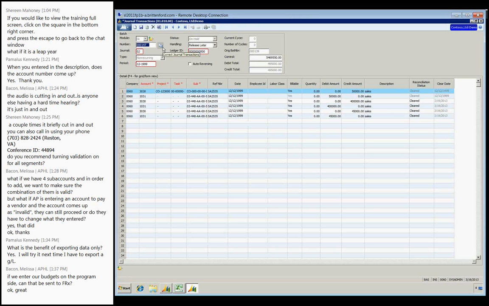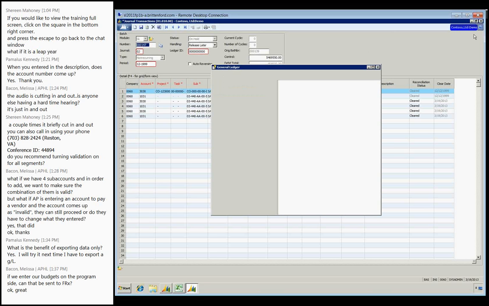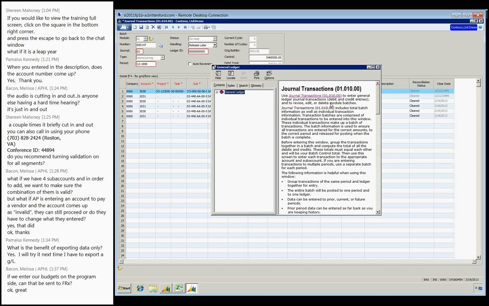So those are the two big features. The other thing I wanted to point out is, again, with people just starting out and not sure what fields mean what. If I'm looking at a screen, I'm like, well, I don't know what to pick. This little blue button up here with the question mark, if you click on it, it will take